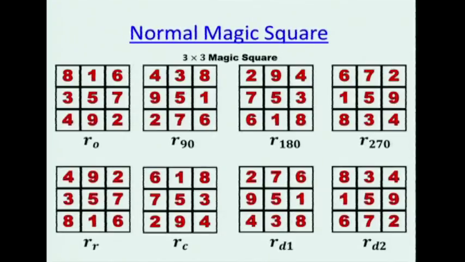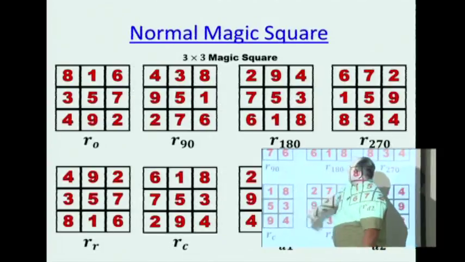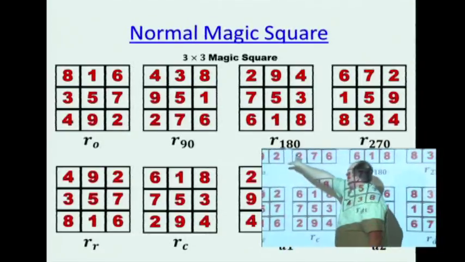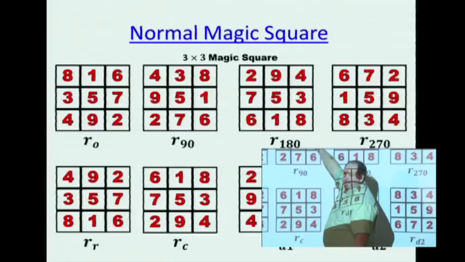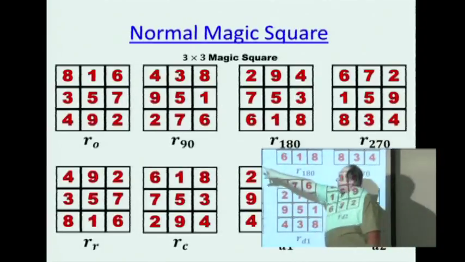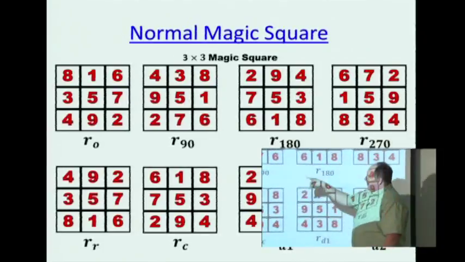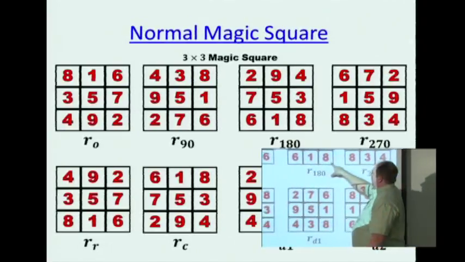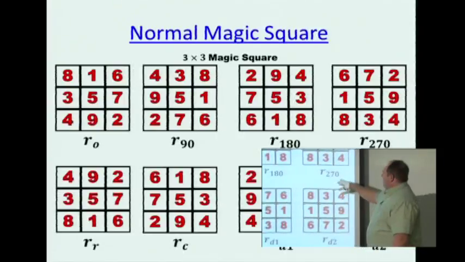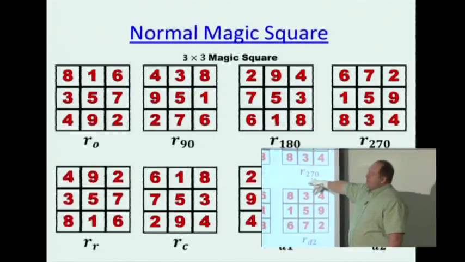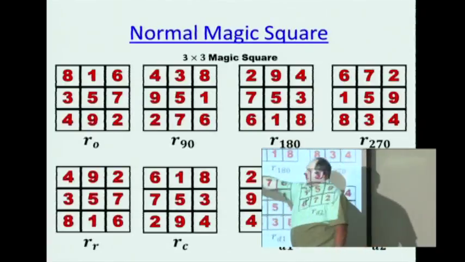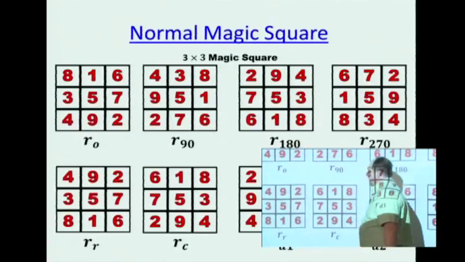If I rotated it by 90 degrees, this square becomes this square. So notice, 8 was in the upper left-hand corner. I flipped it over 1, and now it's there. Notice 5 doesn't change. It's always in the middle, like a wheel spinning. If I did it twice, well, then 8 moved from there down to here, for example. If I did it 3 times, that'd be 270 degrees. It's just rotated 3 times. And if I did it 4 times, I'd be back to my initial square.